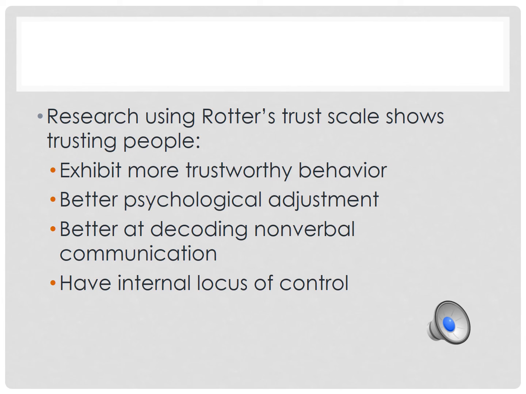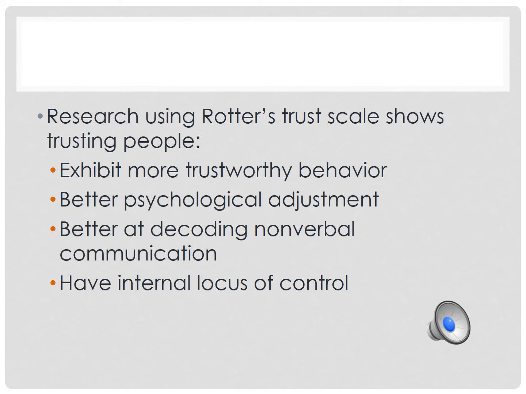One of the concepts you encounter in this chapter is social and emotional intelligence, and this third item really kind of taps into that. There's a positive relationship between interpersonal trust and decoding nonverbal communication. In other words, being able to read somebody's nonverbals, which is a sign of social intelligence, a sign that you've got interpersonal skill, if you will. Again, showing that interpersonal trust, as Rotter defines it, actually tends to go along with more capacity for interpersonal relationships